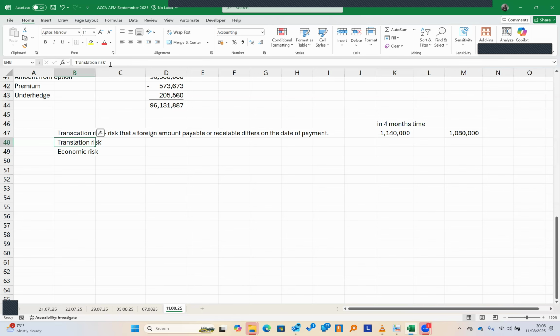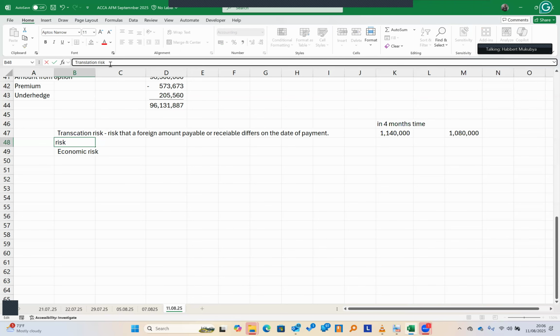Transaction risk here is just a risk that a foreign amount on a, and this foreign amount can also be a payable or receivable, but it can also be assets. But usually assets are put down in book value, which is usually the currency that they are reporting in. So this may not happen for it. But if a foreign payable or receivable